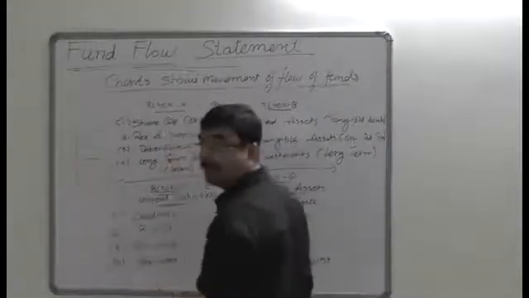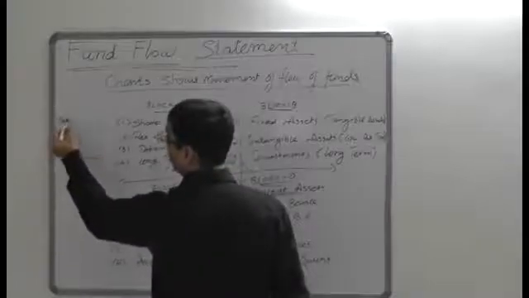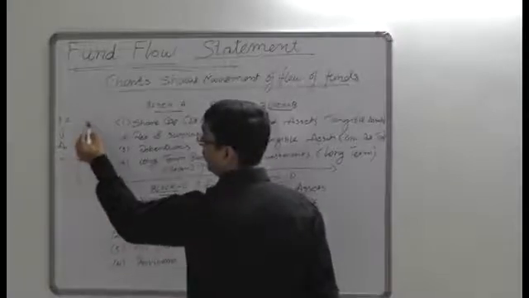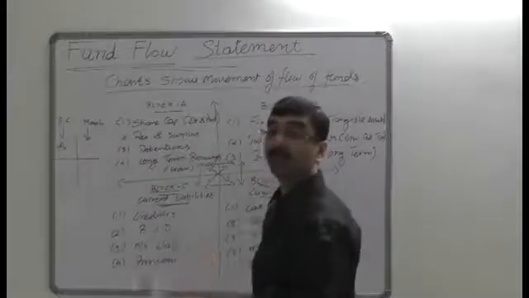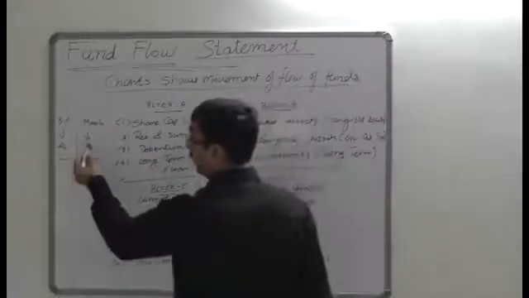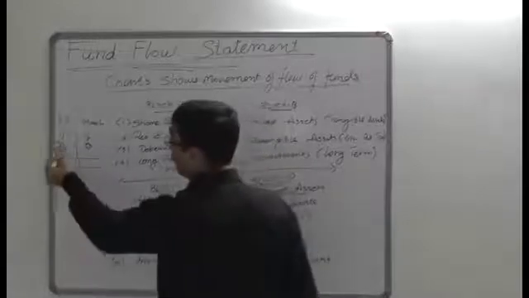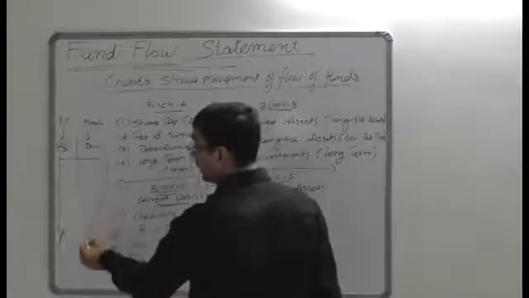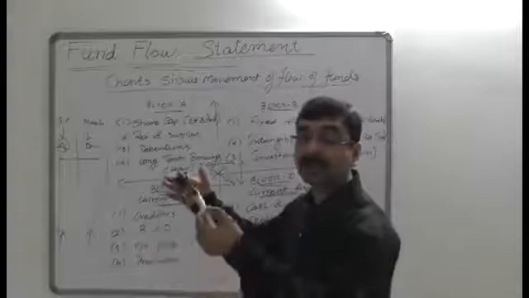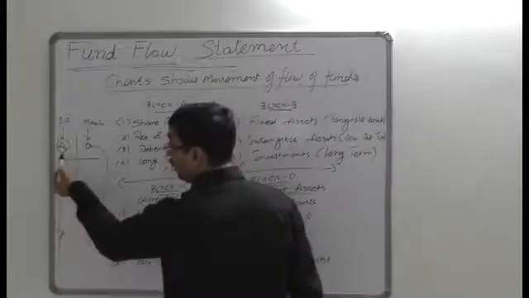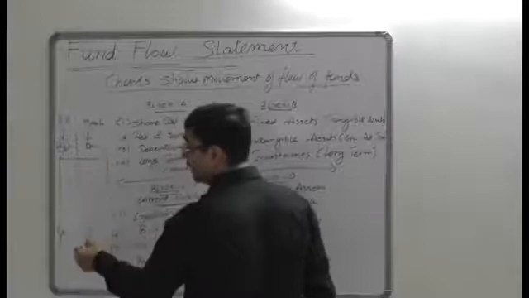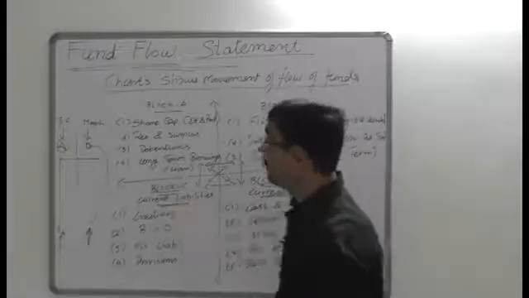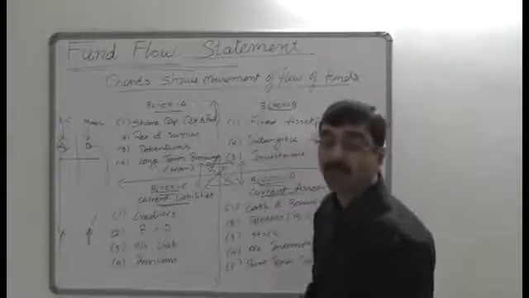Suppose I take a transaction where share capital is issued, which affects block A, and it is issued against machinery. That means the company issued equity shares against machinery, so here it would affect B. Here the equity share capital is increased. Simultaneously, machinery is also increased, so assets are also increased. So equity share capital increases and simultaneously machinery increases. The transaction does not change any working capital,